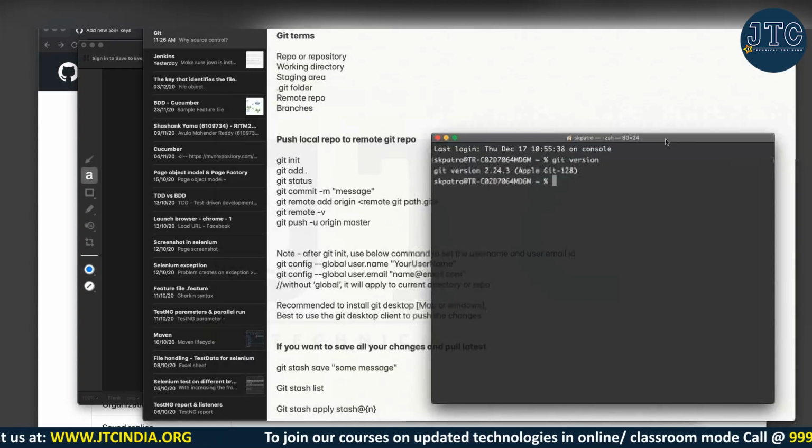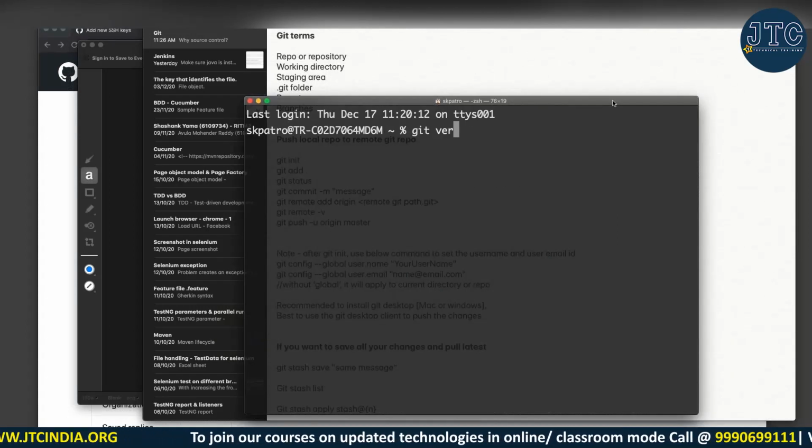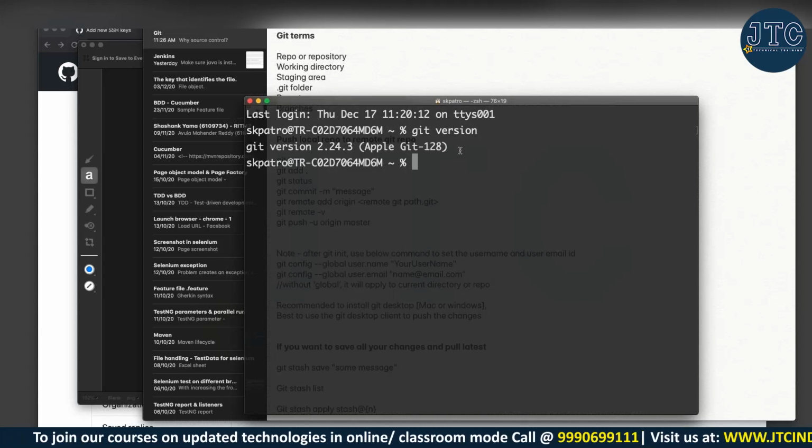Okay, so we are good with the terminologies. Now let's understand the Git commands. Actually, in Git there is no coding concept, nothing is there. It's basically a tool which we are using. There is no such programming like public static void main we need to write. These are all tooling. You need to understand the concept, how you will be handling it. And this is again part of your daily work life whenever you are dealing with an organization. Fine. Okay, let me first get the Git version. I'm getting the Git version here, so I'm good to go.